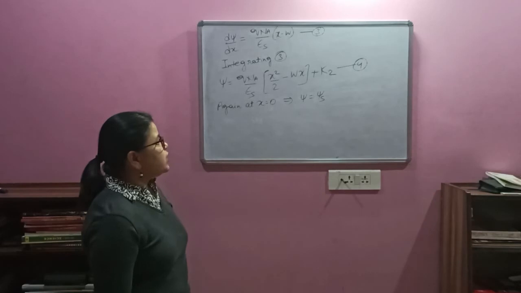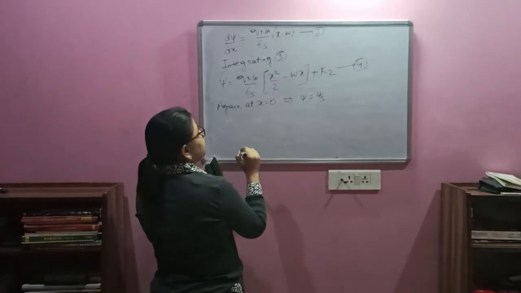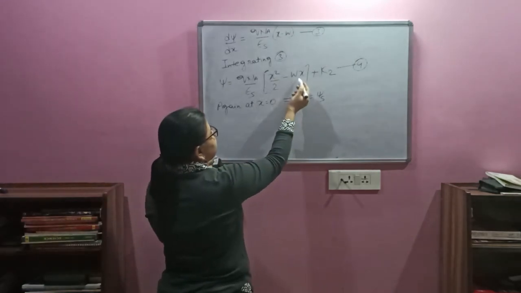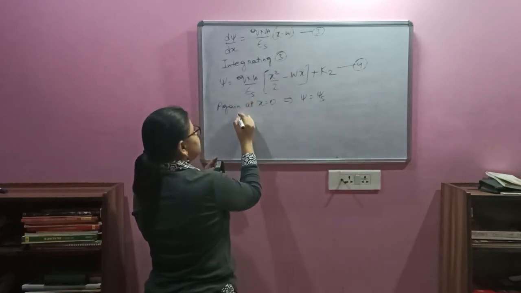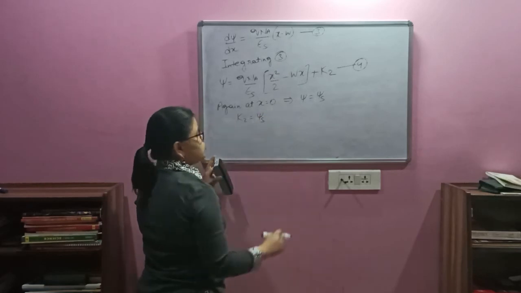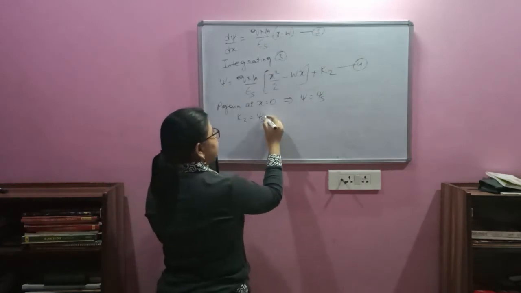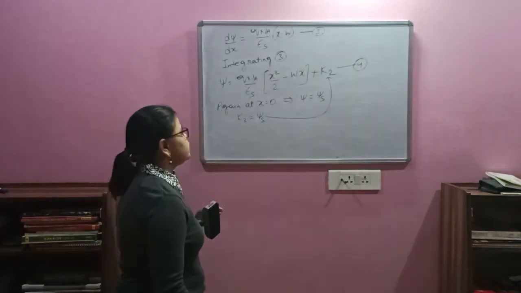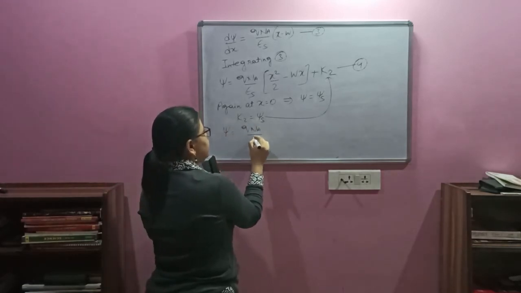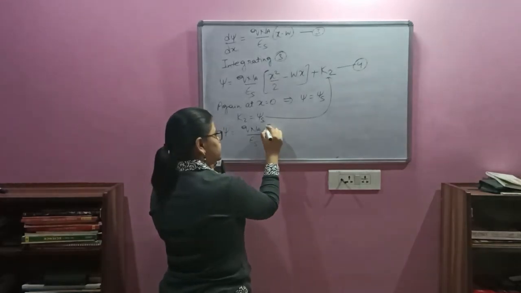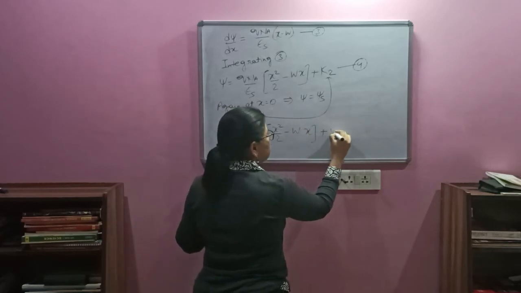So at this interface we have a potential equal to the surface potential. Now placing x equals 0 into equation 4, this term will get cancelled. This will be all 0, and k2 will equal psi s only. So this is how we get the value of k2. Now again I'll place this value of k2 in equation 4, and rewriting this, it will give q Na by epsilon s, x square by 2 minus wx plus psi s.